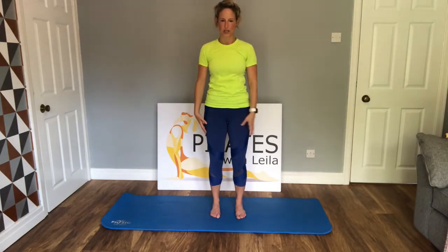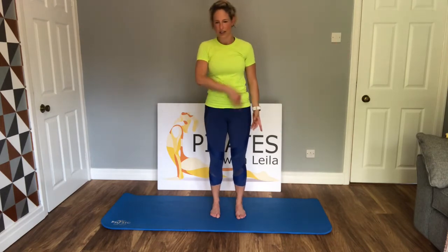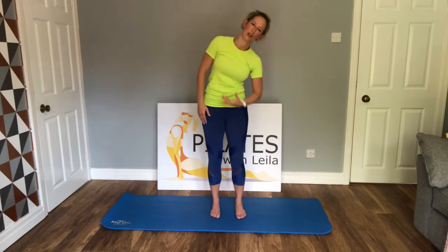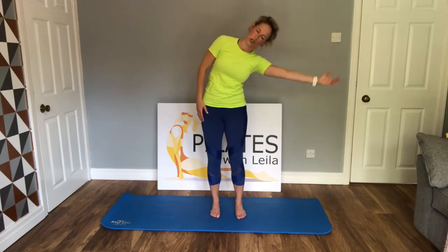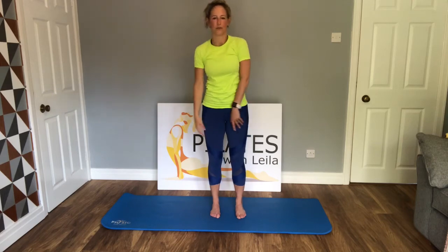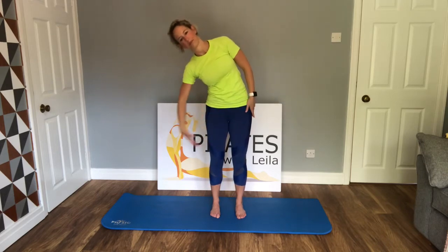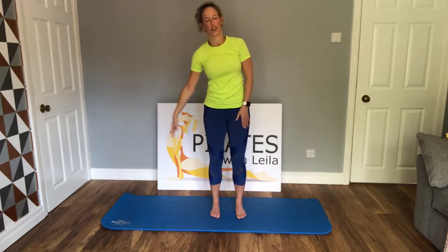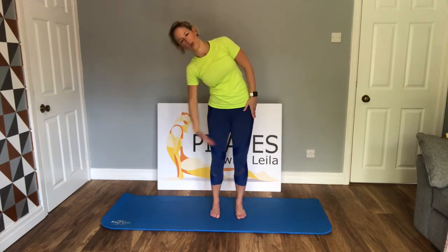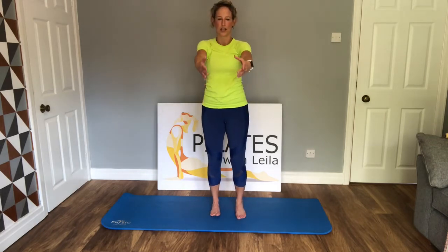Good, now from here we send this right arm away and we bring the ear down and come back. Send the left arm away. Good, so try not to push the hips out here. We're bringing the ear down to the arm. It's lengthening all the way through the body as we come over here. Good, well done. Good, so one more to each side here. All the way out. And then from here we come back, lift the arms forwards here,